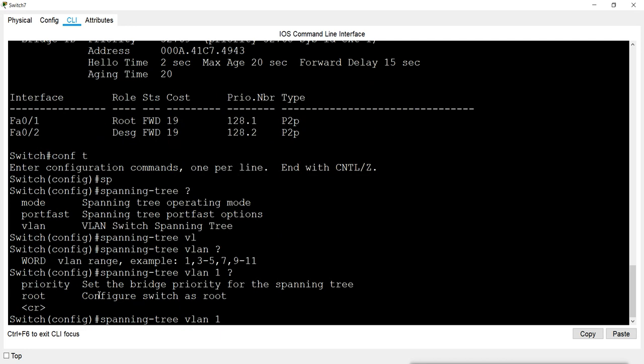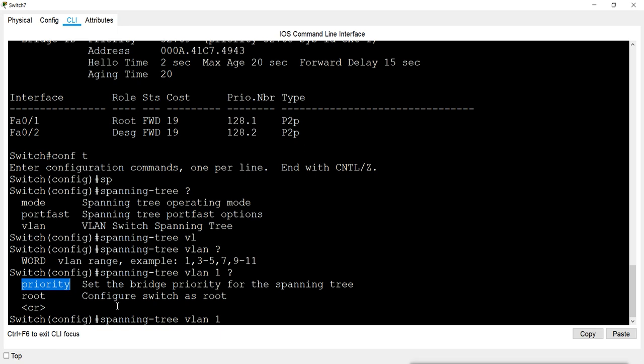We can directly configure the switch as a root, or otherwise we can manipulate by using the priority number. We can change the priority number manually on all the switches, giving the lower number to the switch which I want to make the root bridge.